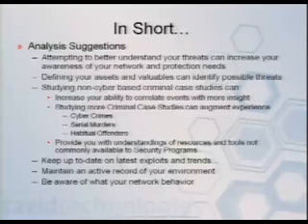In short, attempt to better understand your threats on your network. What may actually be of value to anyone that wants to do you harm. Define your assets and valuables. You can do a whole risk management, risk assessment of your network. Study non-cyber-based cases, as I mentioned, and increase your ability to correlate more events across your network. You never know if these two client-side hits, these phishing emails, were both going to the same entity, the same organization. Document everything because it can all lead back.